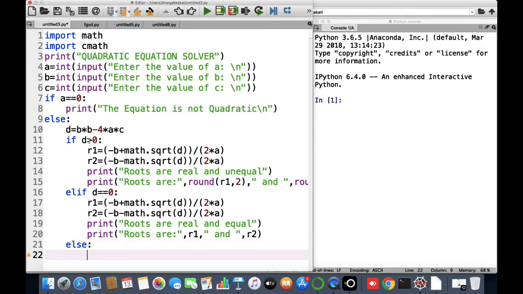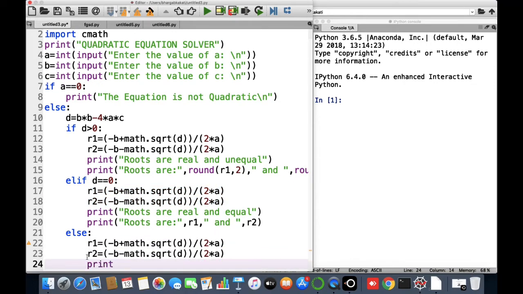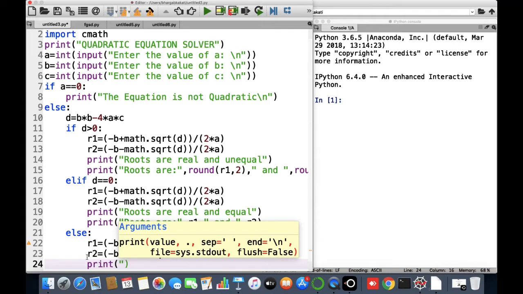Now see, there are only 3 conditions. Either discriminant can be greater than 0, equal to 0 or less than 0. It will come in the third else statement if discriminant is less than 0. So we'll find out the roots here. For that, let me copy it and paste it here. After that, in this case, the roots will be complex and imaginary. So let us write roots are complex and